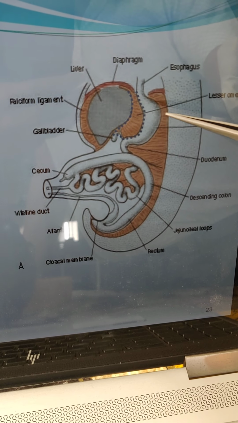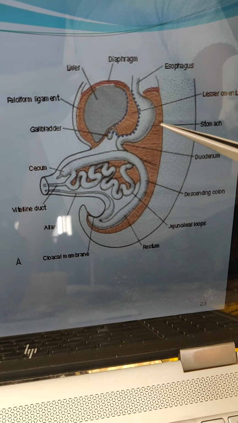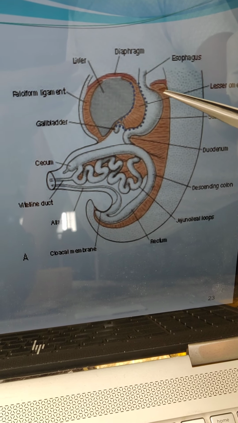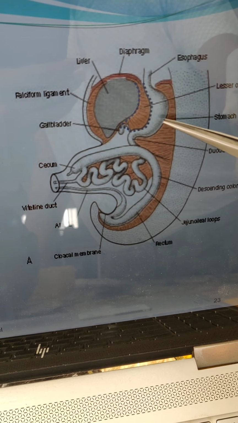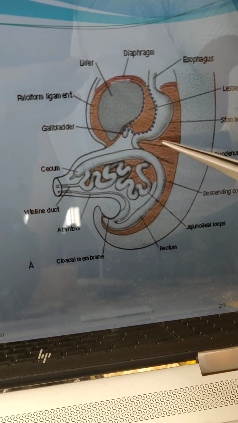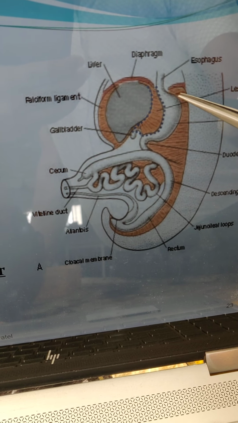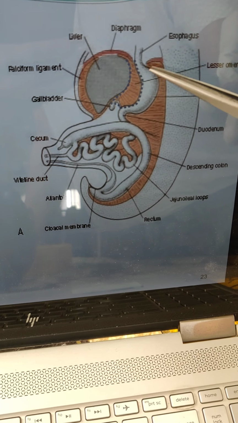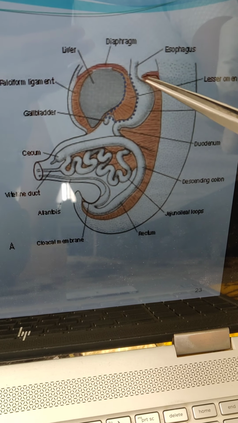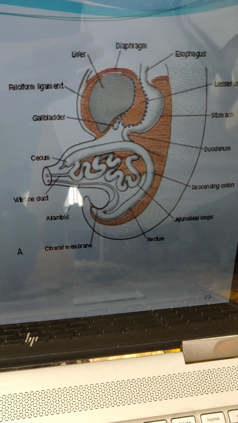This dorsal foregut of the dorsal mesogastrium, which in its lower part develops the greater omentum, and its cranial part makes the gastrosplenic ligament, and the most cranial part makes the gastrophrenic ligament, which connects the stomach to the diaphragm.